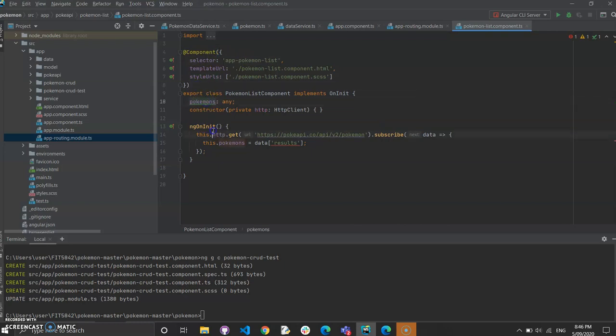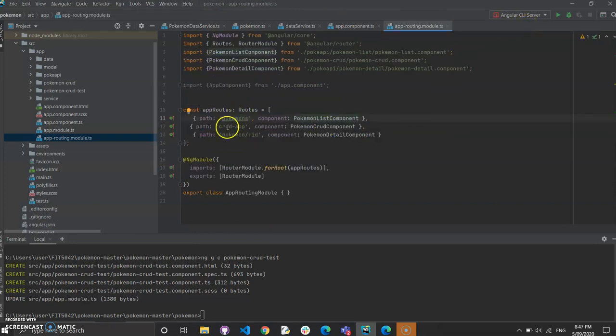Okay, then here ngOnInit is similar to your constructor, not exactly a constructor but somewhat similar. You can consider it as a constructor for now. And here, CRUD app, a component for the path CRUD app and the Pokemon ID. This would be much clearer to you once we run this project.